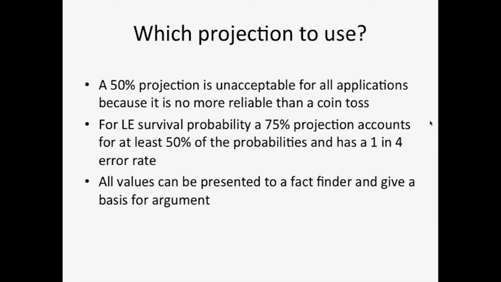We could, of course, pick the highest level and just say, well, the longest anybody's ever lived is 121 or 122. Why don't we pick that for life expectancy? Well, because it's not very reasonable, and the chance someone might live to that age is exceedingly small. So now we have to find a balance between what's most probable and what is least likely to be wrong, while fitting within the 50% probability range that we talk about for forensic venues.